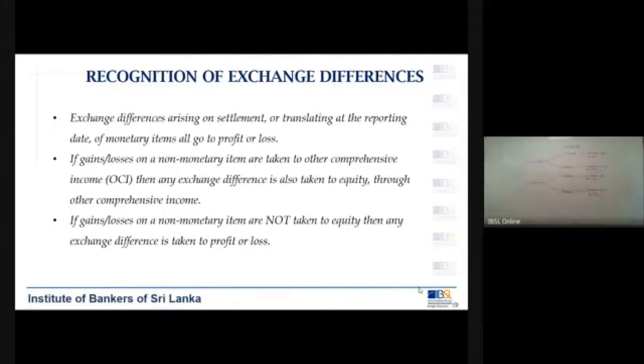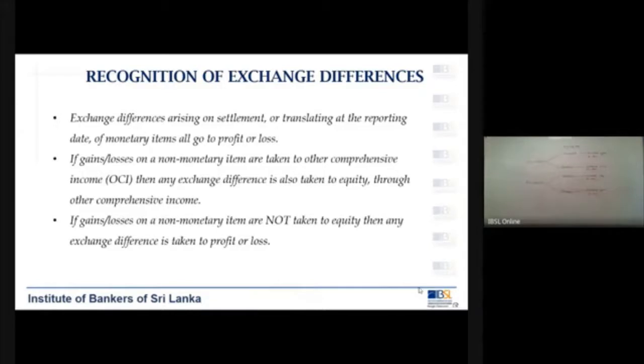But in the case of an investment property, the revaluation gain, we call that a fair valuation. So the fair valuation gain or loss is taken to the P&L. I clearly explained the difference. Likewise, here also, if it has directly to do with a foreign currency asset or liability where it's impacting the foreign currency asset or liability, you will directly take it to the P&L.